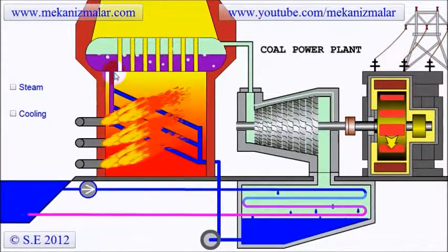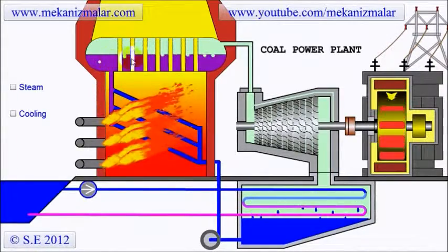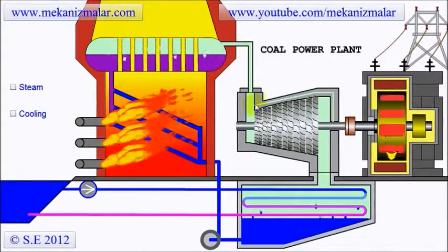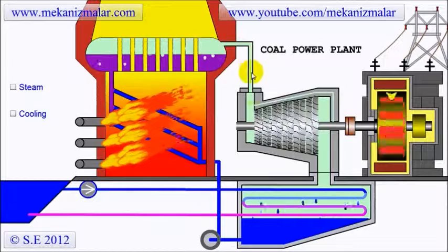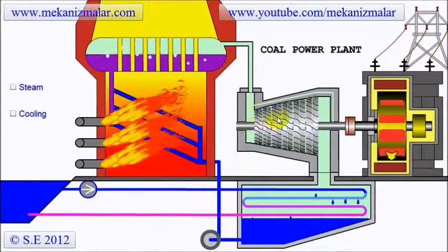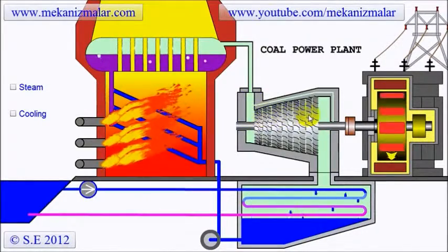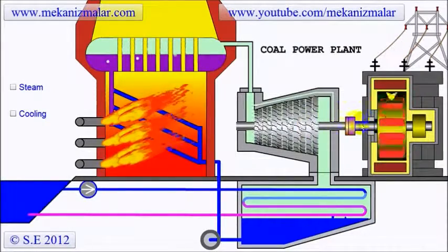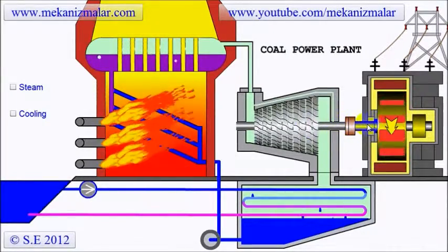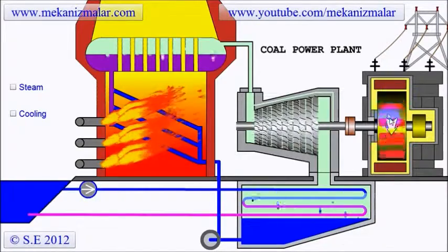The gases enter the exhaust stack, which contains equipment that filters out any dust and ash. Before venting into the atmosphere, the exhaust stacks of coal power stations are built tall so that the exhaust plume can disperse before it touches the ground. This ensures that it does not affect the quality of the air around the station.